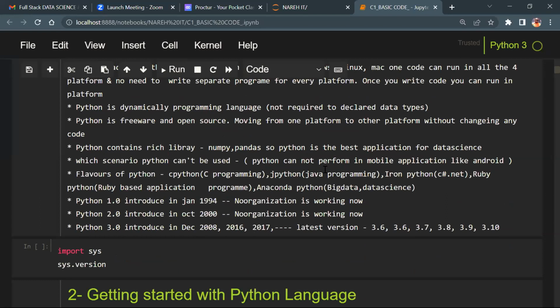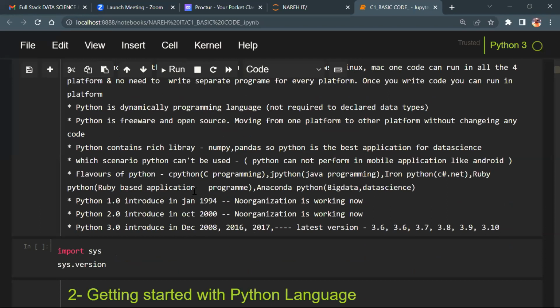Clear, guys? Let me talk about which scenario Python cannot be used. In mobile applications like Android, you cannot use Python, guys. The research is still going on to acquire all those things, but there are some bugs they're trying to fix. Once done, this would be the biggest competition.